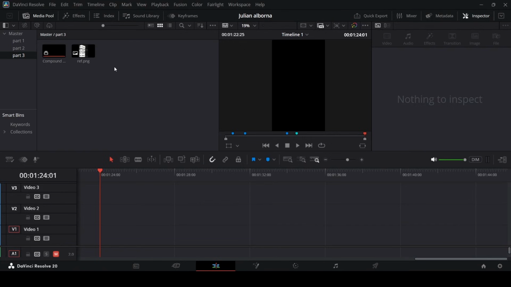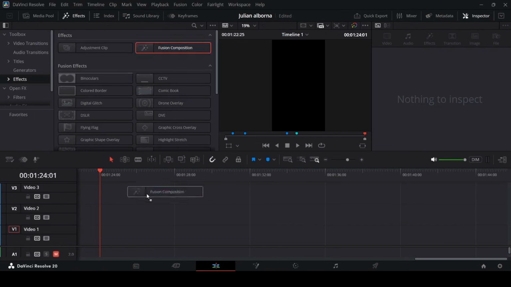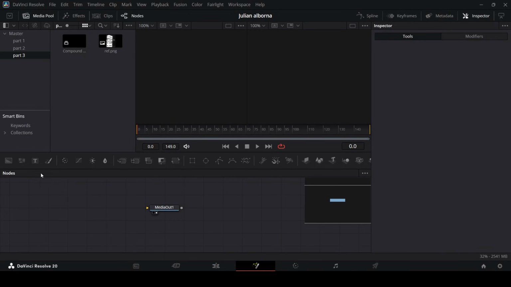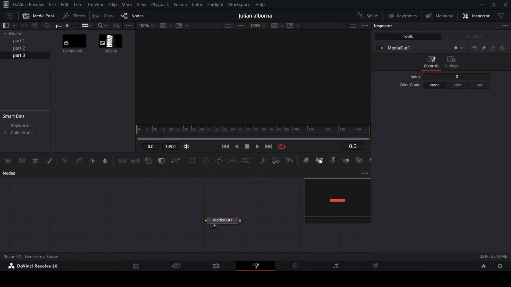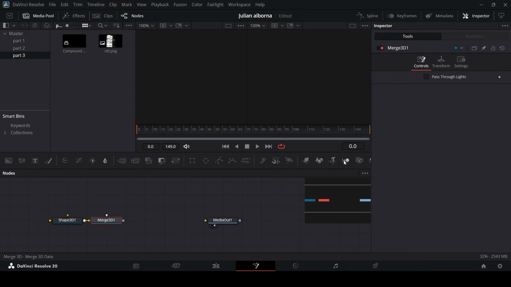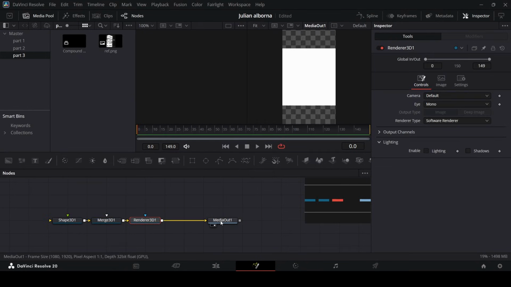So here we are in DaVinci Resolve, and for this, let's go ahead and drag in our Fusion composition on the timeline. Right click, open in Fusion page, and from here, let's go ahead and drag in this shape 3D, and then let's add in this merge 3D and then press Control space and search for render 3D. Now we can connect this with the media out, and right now this is how it looks, but